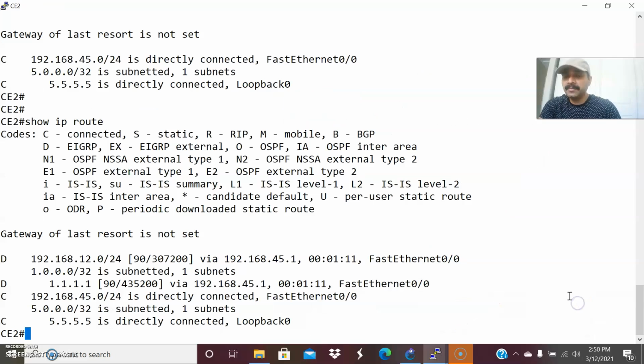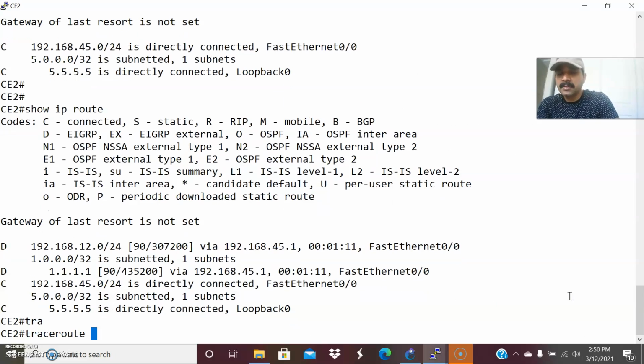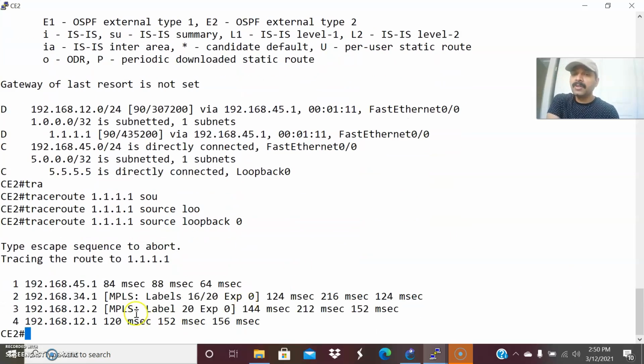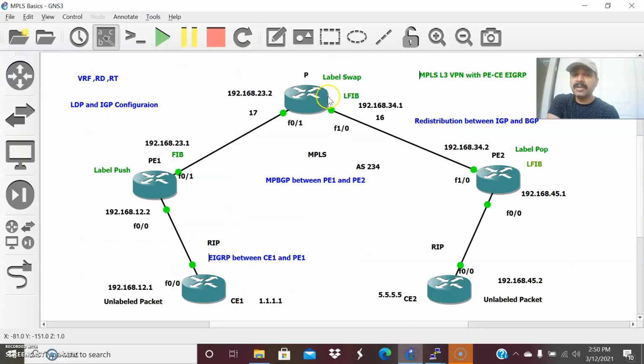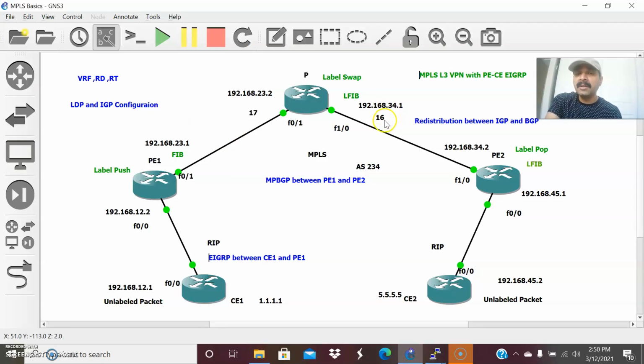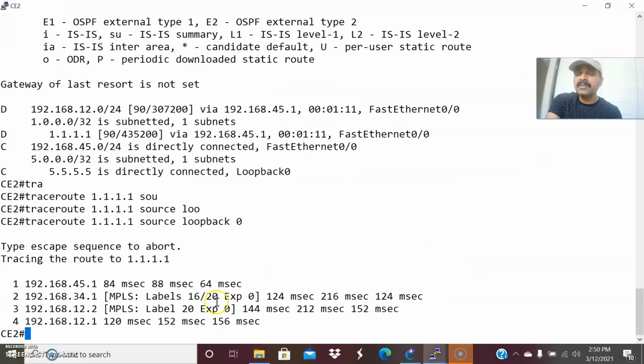Now let us trace from the other end, the CE2 end. Trace 1.1.1.1, that is the CE1 address, with source loopback 0. Here you can see the 34.1 address has label 16 by 20: 16 is the transport label and 20 is the VPN label.